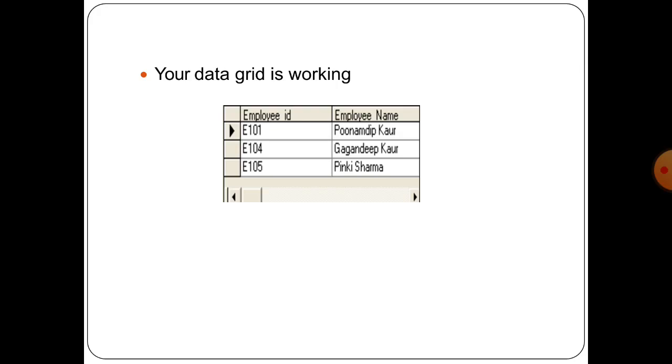Whatever fields we have selected from the employee table can be seen in the data grid control. Like that we can use these connectivity objects. We have seen the ADO-DC control, the Flex Grid, and also the data grid. These are the different controls that can connect the databases in Visual Basic. In the next class we will see some other database connectivity tools. So thank you one and all.